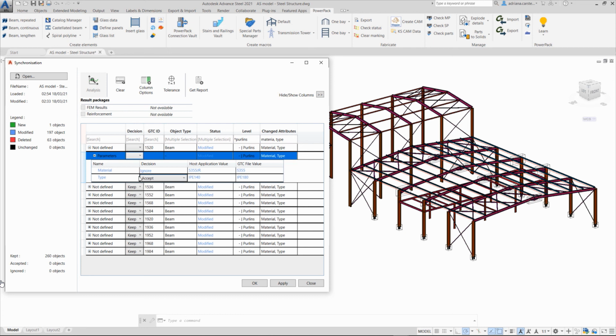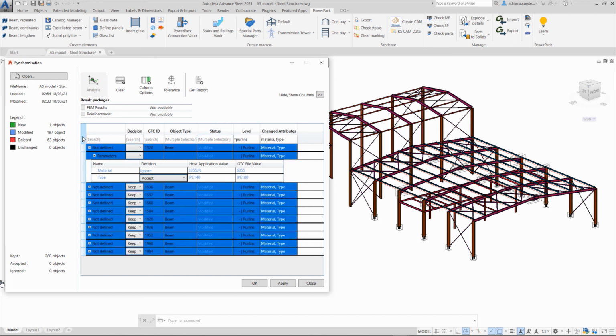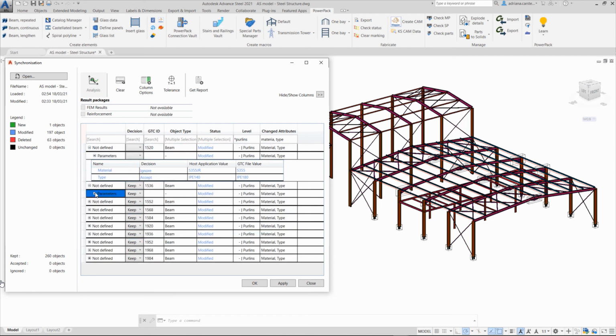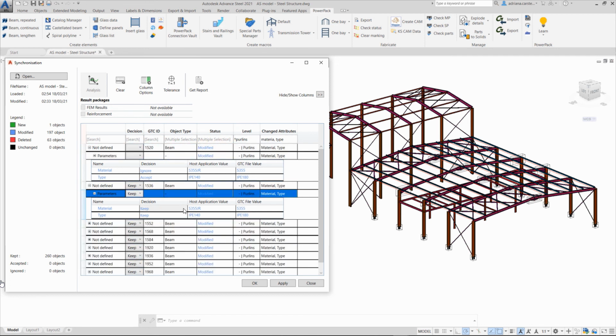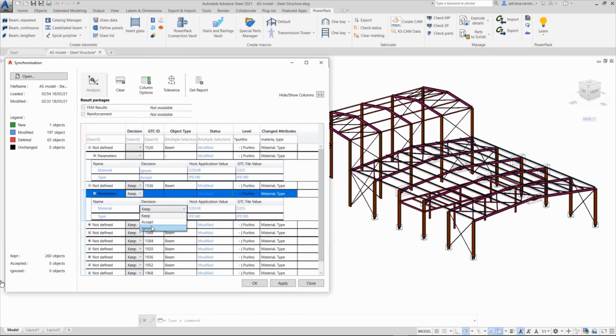And what is interesting with this nested table concept, you see, we can ignore only the synchronization of one property, the modification of the materials, but we can accept the section and the geometrical modification with this new steel profile coming from AD, Advanced Design, after the optimization process.